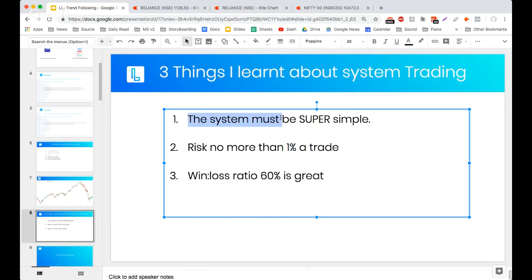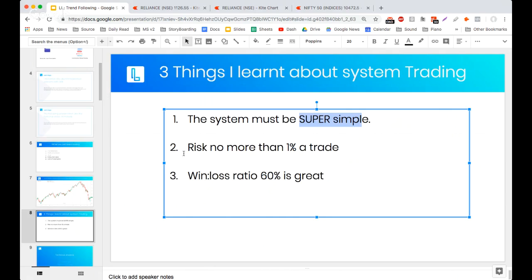If you are learning a system or backtesting a system or trading a system which is very complicated, I used to do that with RSI, there is MACD, I'm looking at price, I'm looking at end of day reversal. It gets so complicated you're unable to follow it, fear comes in and you just fail. So the system you trade must be simple.